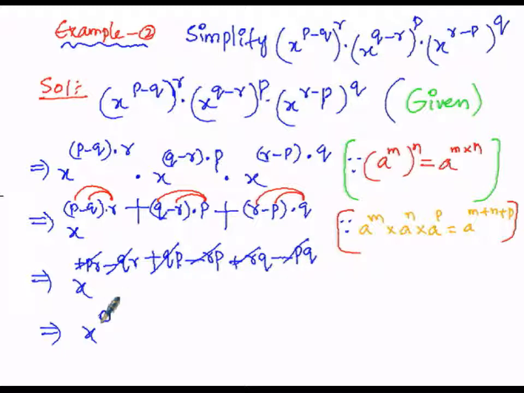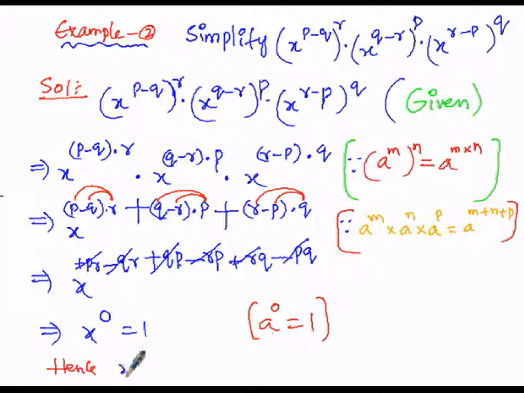0. But we know one identity, that a to the power of 0 is equal to 1, that is, anything raised to the power of 0, any integer or whatever it may be, raised to the power of 0 will be equal to 1. So by utilizing this identity, we can write x raised to the power of 0 as 1. So in this manner, hence